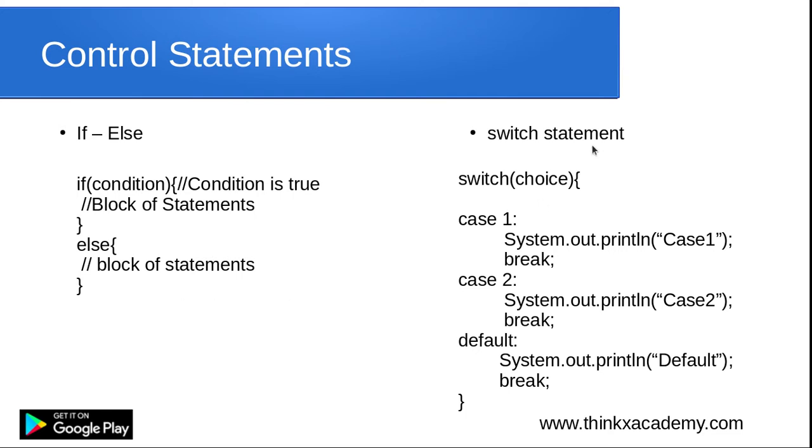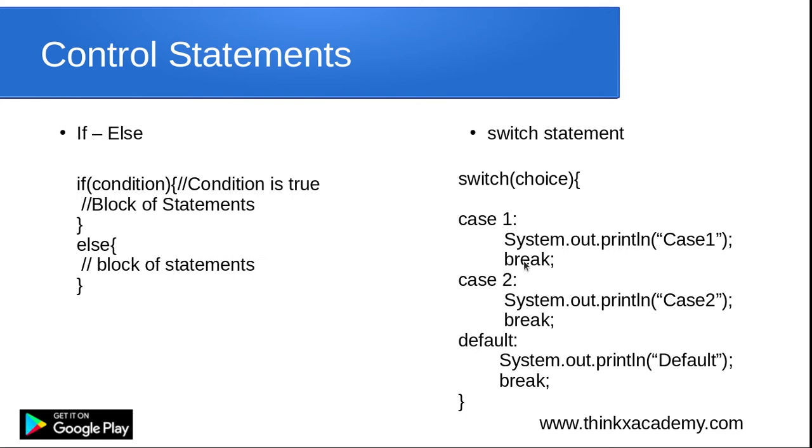Moving on to the switch statement. Switch statement is based upon the choice. So in the switch statement, a choice is given, and based upon that choice the program will choose a particular case, and if the case is matched, then it is going to run the block of statements inside that case. So let's suppose the choice was an integer variable and it is equal to 2. So it is matched with case 1. 1 is not equal to 2,